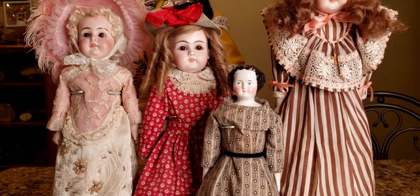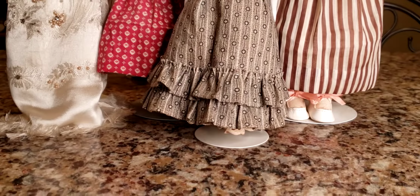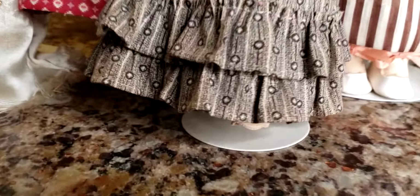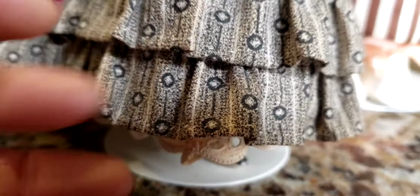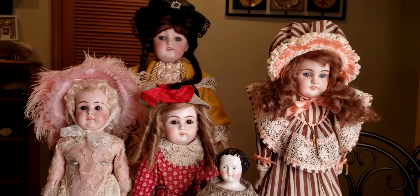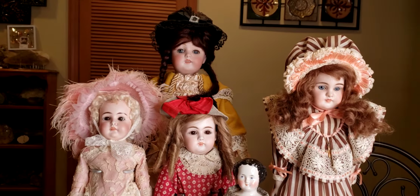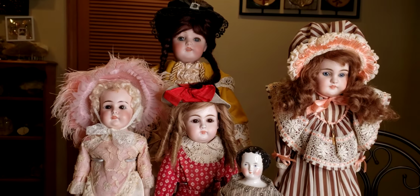They made molded china and bisque, colorful, like molded boots on the bottoms of some of their dolls that had cloth stuffed bodies. Here's an example of molded boots, and you can see that right there. Not very well. There's a lot of dust under her skirt. But once you start to collect dolls, and it may take a little time, you can figure out without even seeing the markings on the back of the head